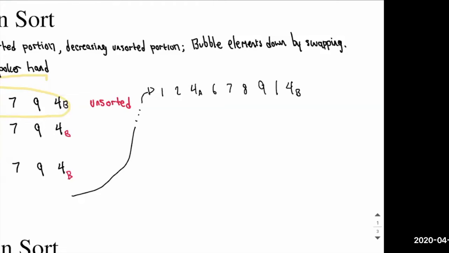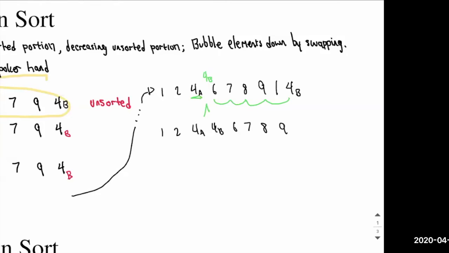So we run the same question of asking ourselves, is 4 less than 9? It is, so we swap it. Then we swap 4b with 8. It is less than 8. Then we ask ourselves, is 4b less than 7? Yes, it is. Is 4b less than 6? Yes, it is. But is 4b strictly less than 4a? We see that it is not. So we insert 4b here, such that our resulting array is as follows: 1, 2, 4a, 4b, 6, 7, 8,